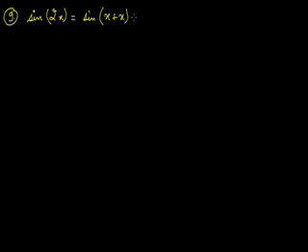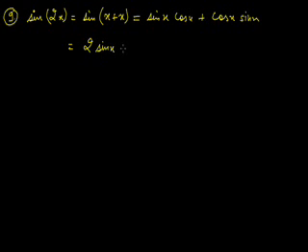Now let's discuss some more formulas. Now, if you need to find the value of multiple angles like sine of 2x, you can write it like this: sine of x plus x. And by applying the formula, you will get sine x cos x plus cos x sine x. So it will be equal to twice of sine x cos x. So sine 2x is equal to 2 sine x cos x.